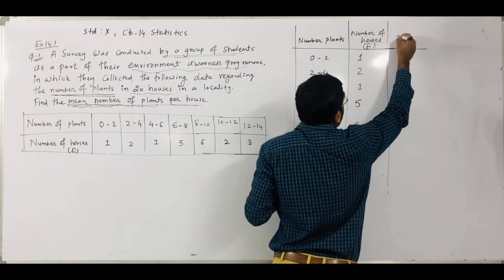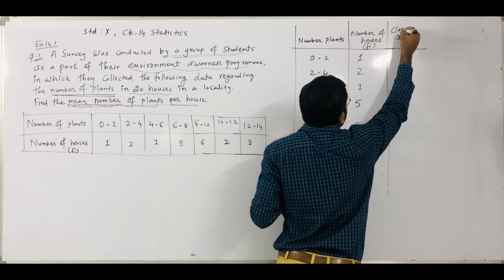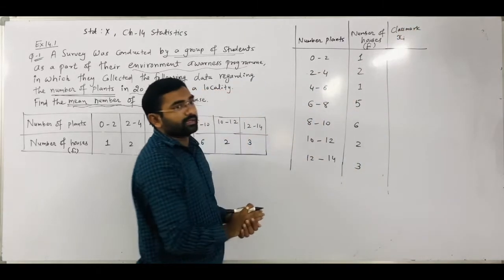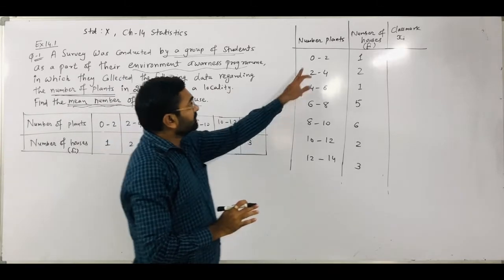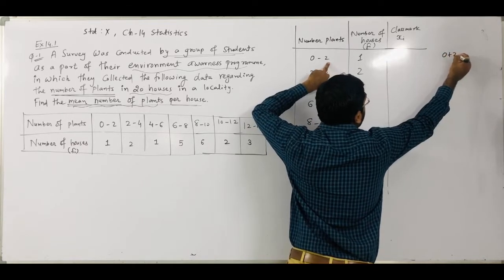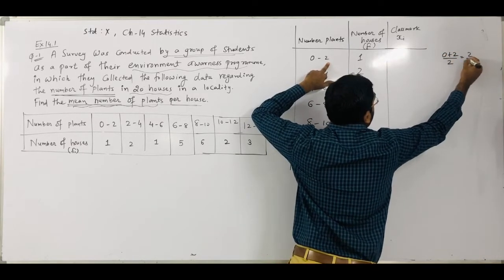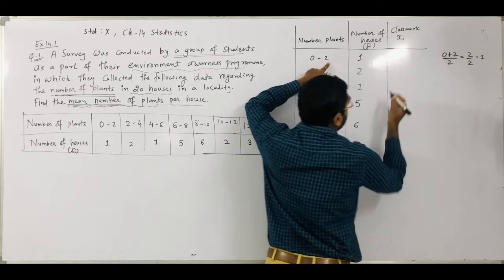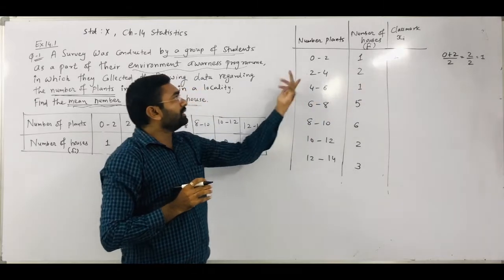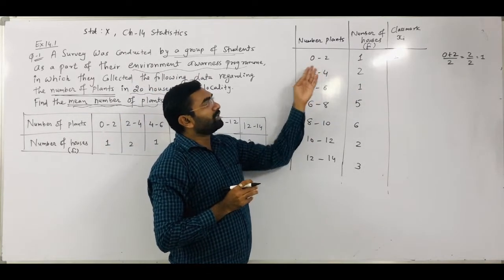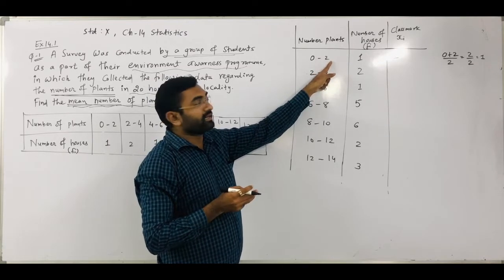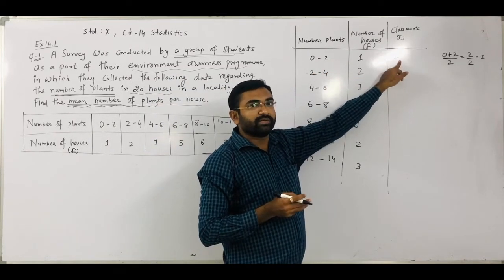So here we have to make an Xi column, or you can say it is the class mark or mid value, right? Each and every class mark, or mid value, you have to write. How can we find that class mark? We already discussed that: lower limit plus upper limit divided by 2. So 2 by 2 is equal to 1, right? So the first class mark or Xi value is 1. Another way: since the value is small, you can identify that in between 0 and 2 the value we can write is 1. So this is our mid value, right?